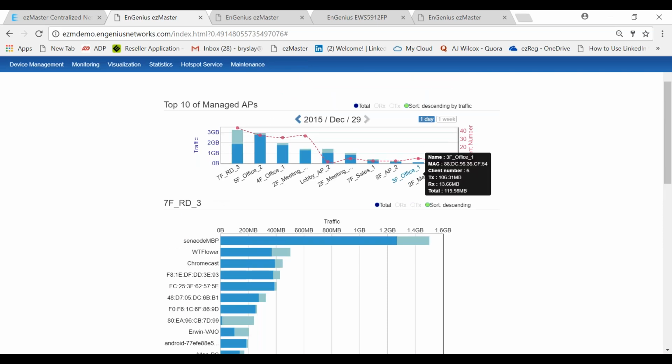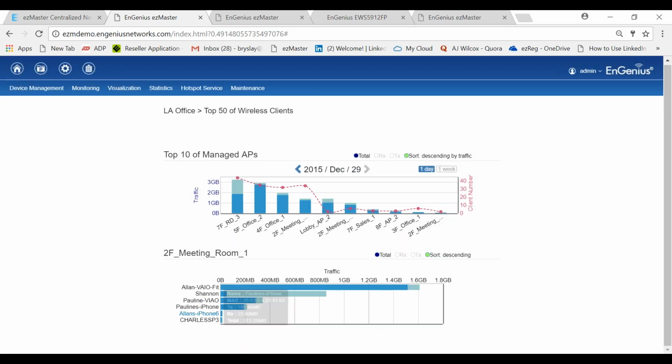I can also look at this other access point, the meeting access point, where nobody's really using that access point. I can click on that access point, and it will tell me who is on that particular access point and who's using the most bandwidth at that point. I can actually move this access point, and I know these individuals because I know their client devices, and explain to them, hey, we're moving this access point to offload some of this traffic that we're seeing on R&D and Office, for example. So it gives you the intelligence to be able to do these types of monitoring and troubleshooting within your network.